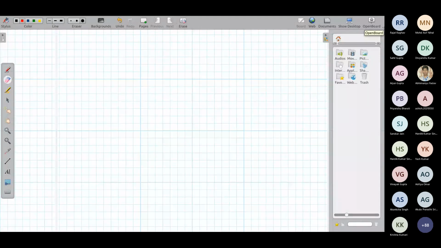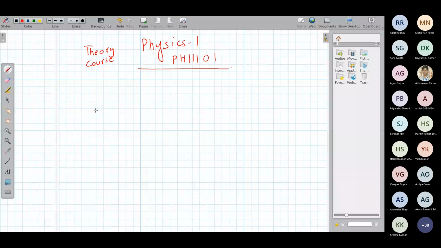Before we come to the teaching part, let me tell you how we categorize the physics course for you. So this is Physics 1. This is a theory course, and it has a code name. It is just for internal purpose. This course consists of